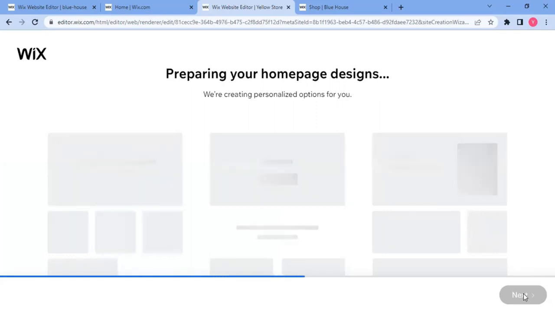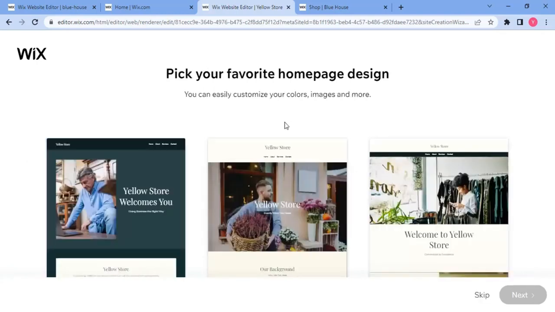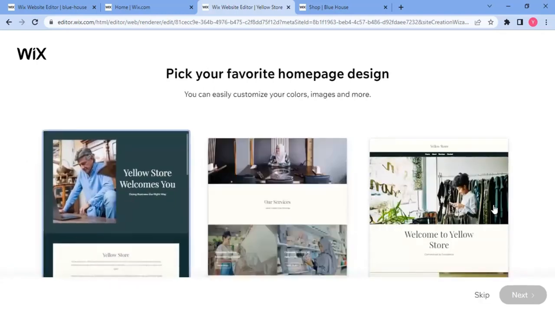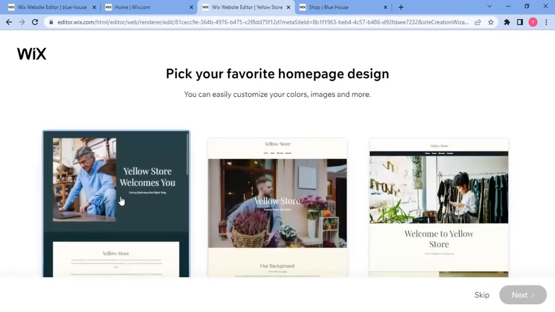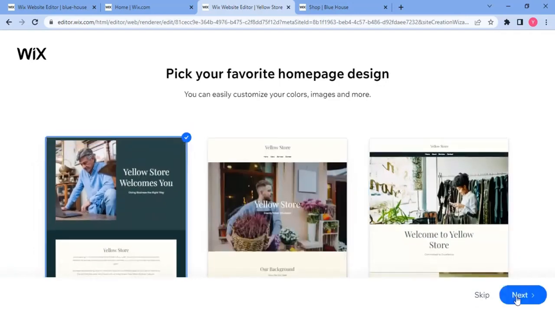And then it will prepare your homepage designs, and it will ask you to choose what kind of design you like from these three options they come up with. So you gotta give them a few seconds, again between 5 to 8 seconds, and as you can see, these are some suggestions from them. And let's say I like this one, so I can just tick mark this and I can click on next